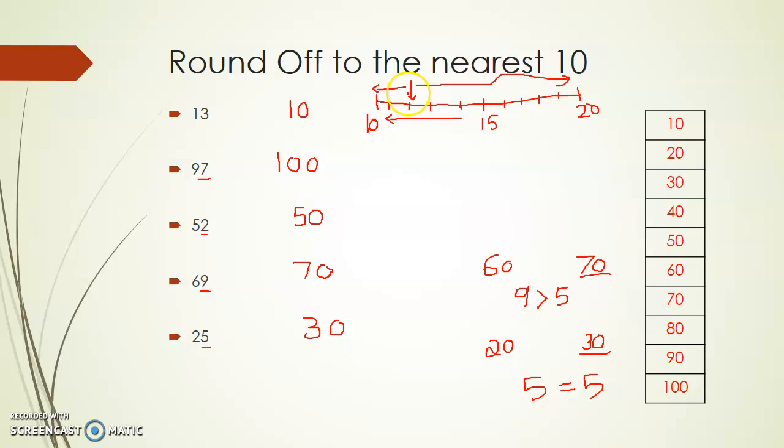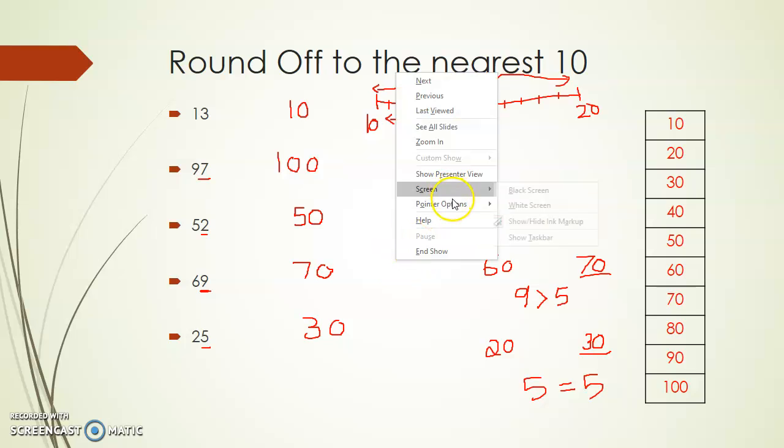That is why when we round off, we bring it down. So similarly, when you look at any number below 5, you can see they are closer to 10 than to 20. That is why we round them off to the lower value. Here, we round it off to the higher value. I hope this is clear children. Now what we saw here